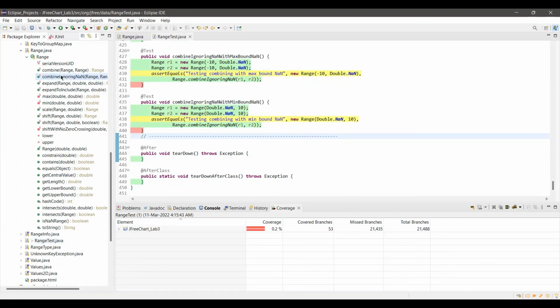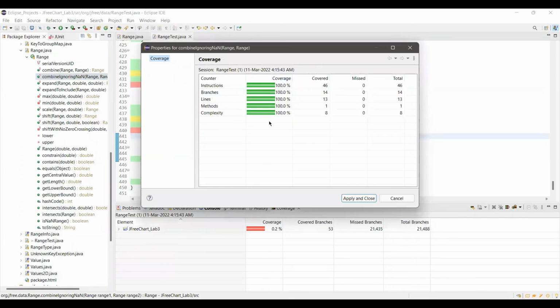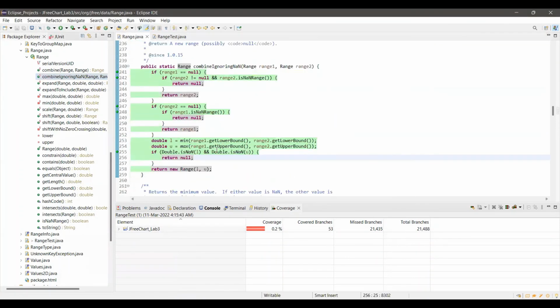Let us check the coverage now. As we see, the coverage is now 100%. Let's take a look at the method again, and as we see, everything is green, which means everything is being